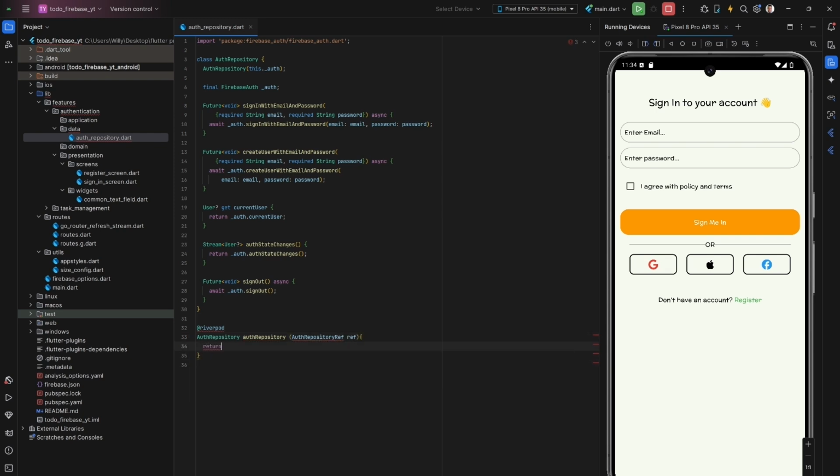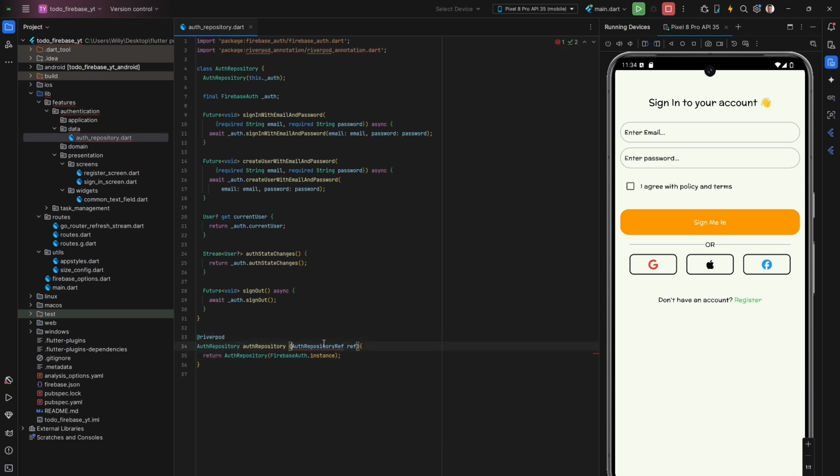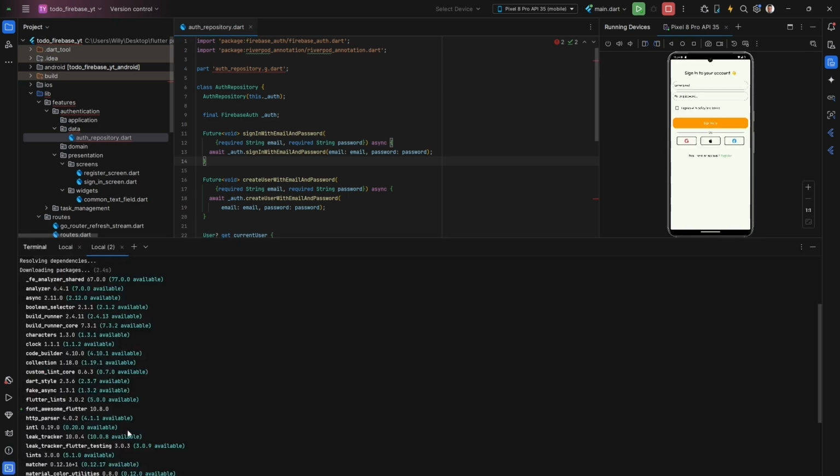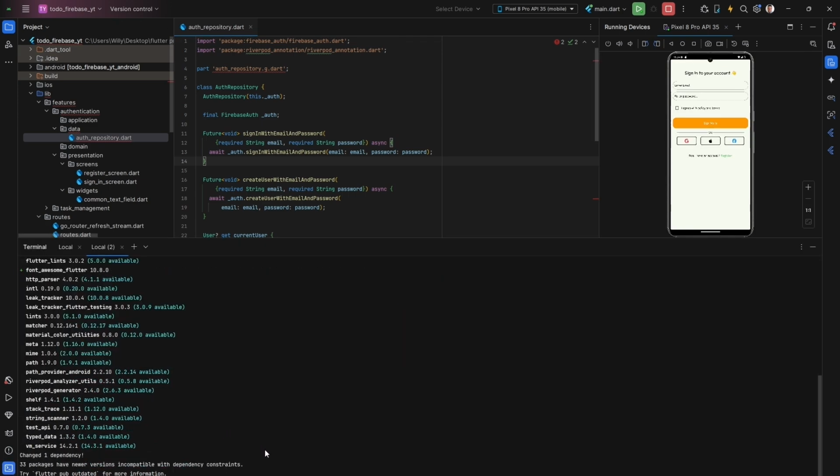So here I want to return the auth repository and pass the Firebase auth.instance. To solve this error, first of all, I need to import the Riverpod annotation, and up here I need to add the part auth_repository.g.dart. Okay, now with that I can open the terminal, and inside here I can run build runner build